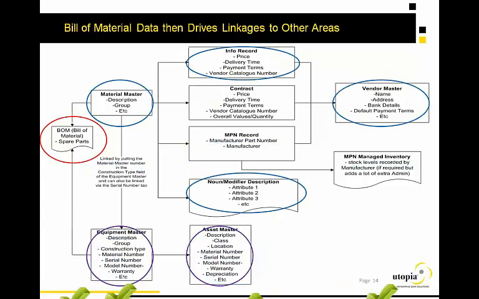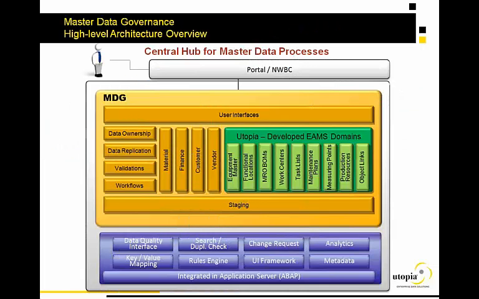We talked earlier about the interactive nature of the various domains. We'll talk about the specific modules that Utopia has built as a part of this offering, and they move together. So, described here in another architecture slide, Utopia is building out the modules in green: equipment masters, functional location, bills of material, work centers, task lists, maintenance plans, measuring points, production resources, and object links. Each of the major objects in the EAM space,